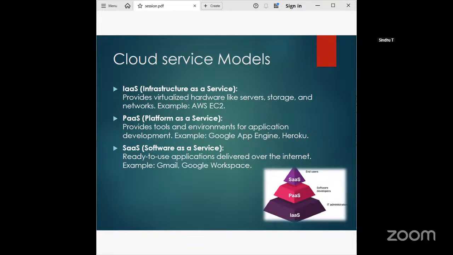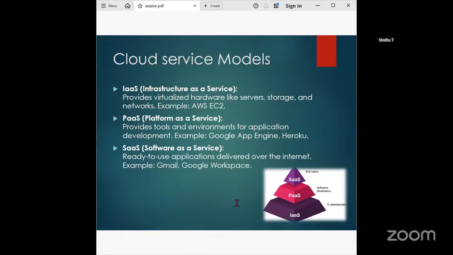In simple terms, you can say infrastructure as a service is like raw ingredients. So you control everything. You use their server and storage, and you host your website. Platform as a service is semi-cooked. You build on a ready platform. And software as a service is ready to use. You just log in and use it. So understanding these models helps architects choose the right level of control.